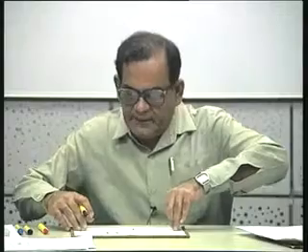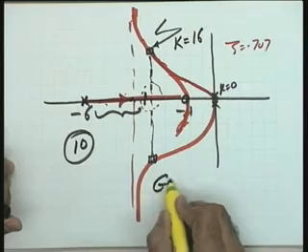Okay. And as far as steady state requirements are concerned, you need not check because it is a type 2 system. The steady state requirements on ramp and step signals will always be satisfied because Kv is equal to infinity and Kp is equal to infinity, and therefore steady state errors are 0. However, if acceleration error is to be calculated, the acceleration error can easily be calculated from this particular relationship.